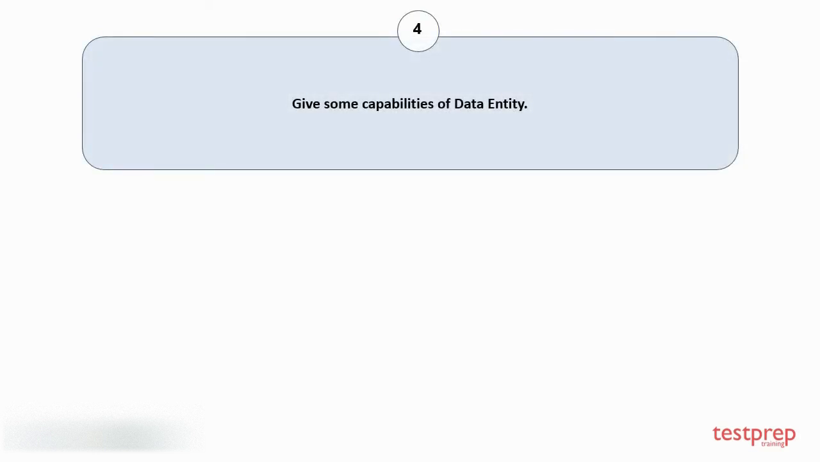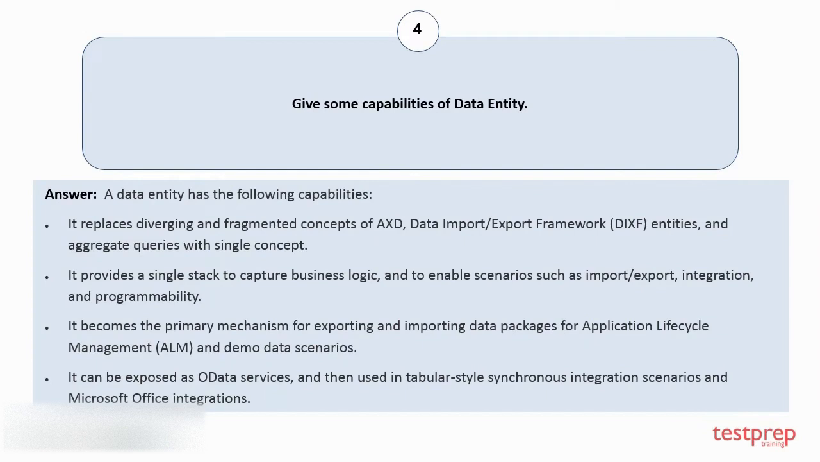Question number 4, give some capabilities of data entity. Your answer is: a data entity has the following capabilities. 1. It replaces diverging and fragmented concepts of AXD, data import or export framework entities, and aggregate queries with a single concept. 2. It provides a single stack to capture business logic, and to enable scenarios such as import or export, integration, and programmability. 3. It becomes the primary mechanism for exporting and importing data packages for application lifecycle management and demo data scenarios. 4. It can be exposed as OData services, and then used in tabular-style synchronous integration scenarios and